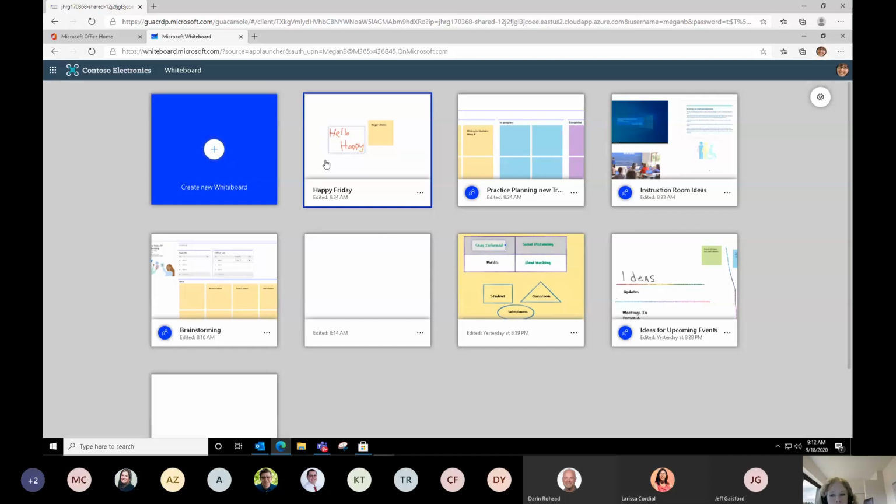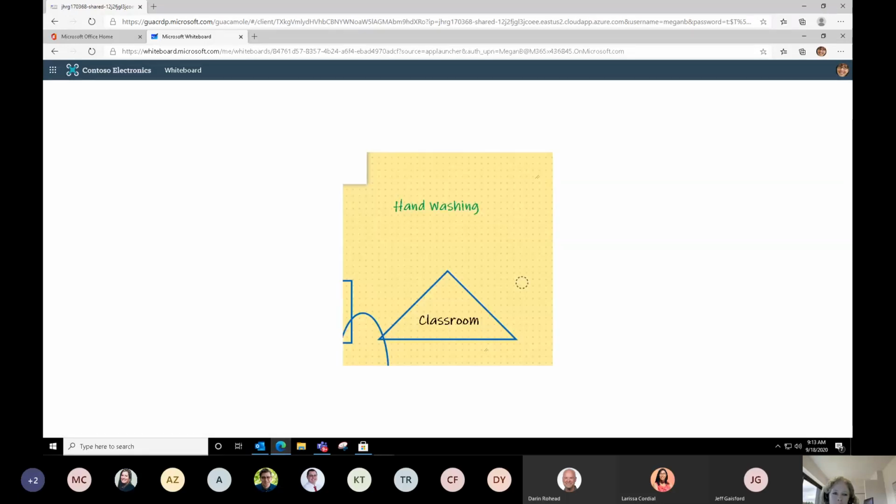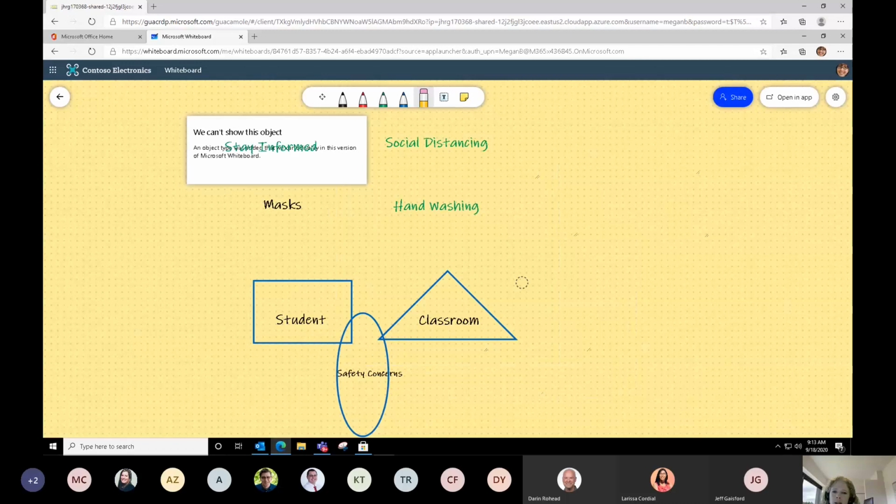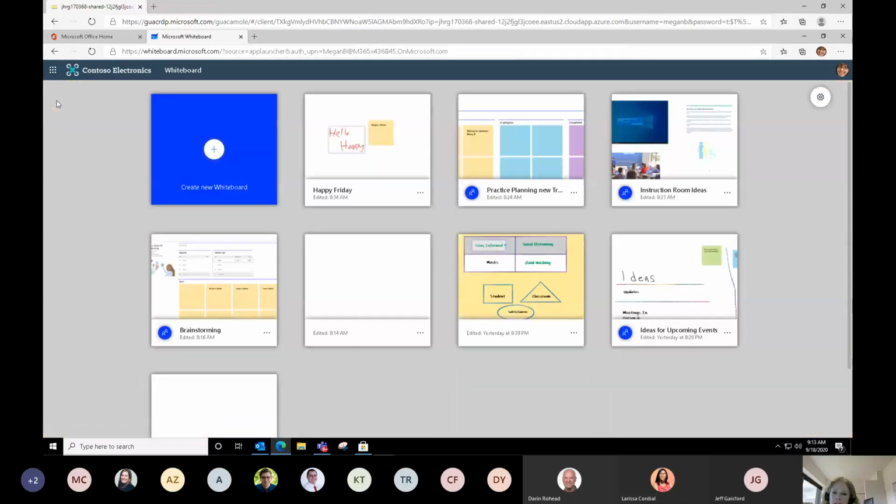So how do we open one of these whiteboards? All we do is go to the one we want to open, click on it, and the card actually opens that whiteboard up. This was one that we'd created a while ago, trying to do some drafting around getting people ready to come back to work after COVID in a training environment. So all I have to do is click on it. It opens in the same browser tab. So that's kind of nice. I don't have to have it open in a separate one, but I can always get back to that, again, welcome screen in the online web app just by clicking on the back button.